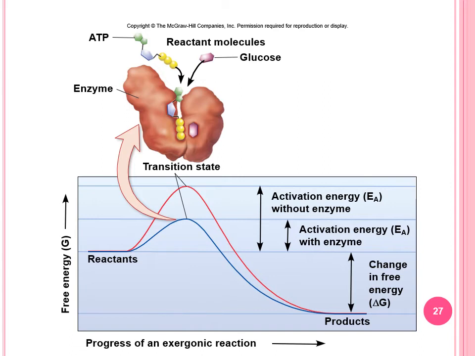So remember, where we started with reactants, we can consider that a 0 point. And so because we're much lower than that reactants starting point, then we can say the change in free energy in this scenario is negative because it's below the 0 line. We did have to input energy, and so above that line would have a positive delta G. So this means that this is a